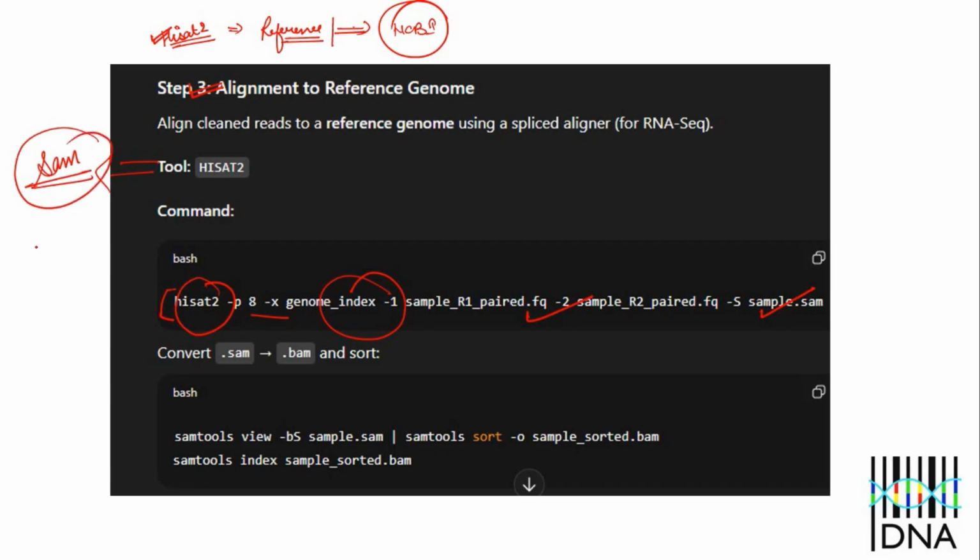Then we convert this SAM file into the BAM file by using this command. Then convert this BAM file into the sorted file by using this command. Then perform indexing by using this command. Okay. First alignment,